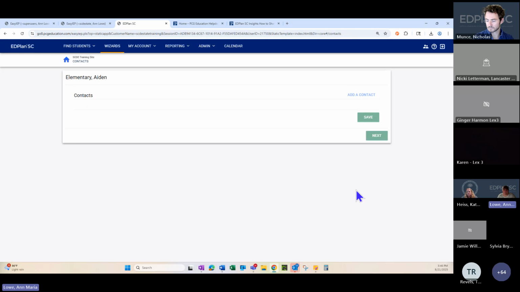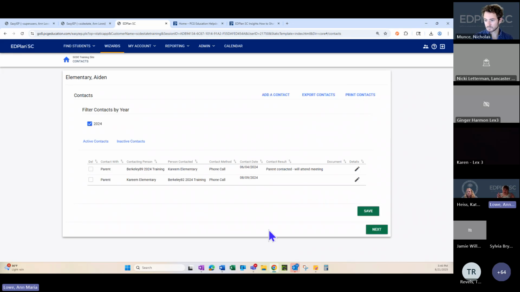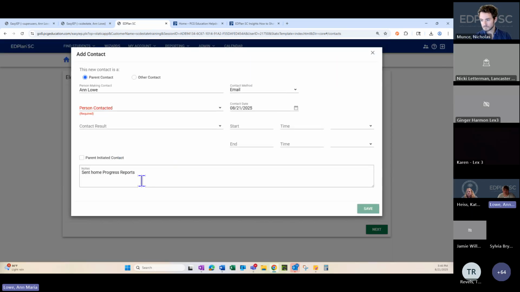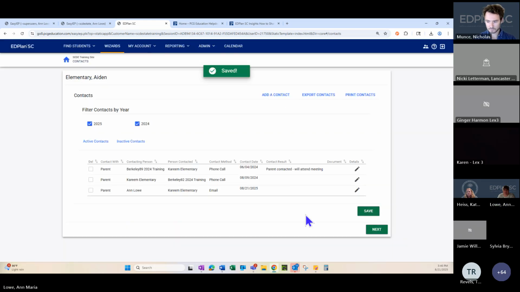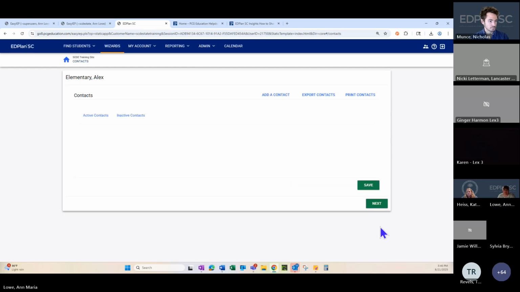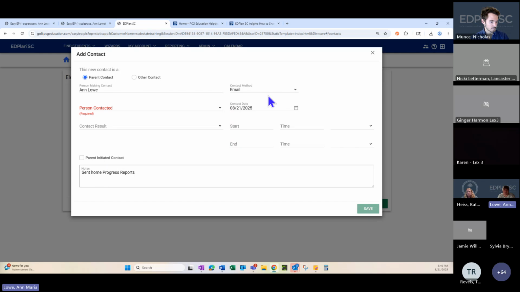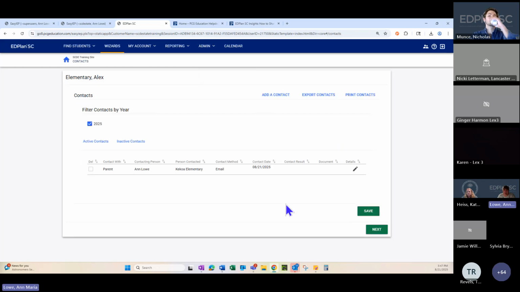Then I'm going to say continue. Now this takes me to the first student that I have checked. I come here to this first student and hit add contact. All of that information that I've added pulls up, and I'm just choosing the person I'm contacting. And then I hit save. That contact will show up, and then I go to my next kid. In my next kid, I can add that contact. All of the information I put in pulls up, select the parent, hit save, and then I can go to my next kid.